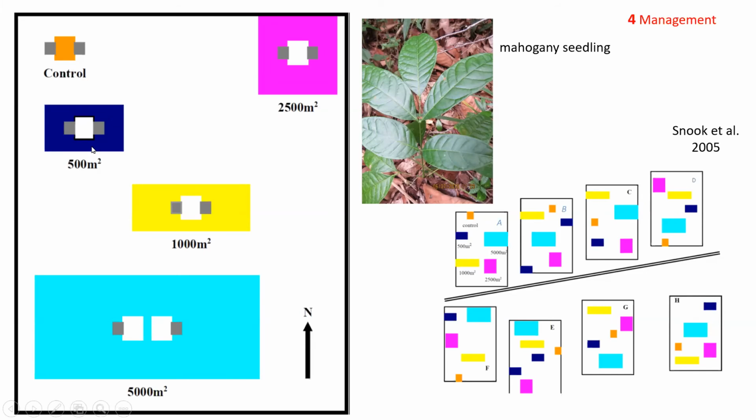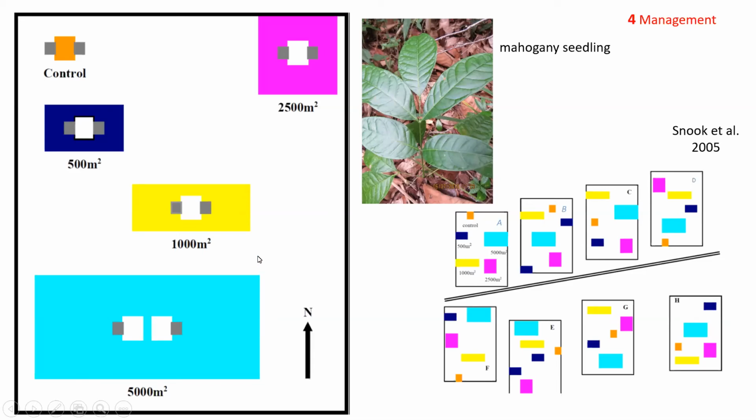So there was a 500 square meter area. And these were rectangular, just as you see them. That was convenient. 2,500 square meters, 1,000 and 5,000. In other words, half a hectare. And then in the center of these, and I don't have time to go into the details, we planted mahogany seedlings so that we could standardize. We varied the treatment, but standardized the regeneration. The idea being to see how well the seedlings did, depending on the size of the area cleared.